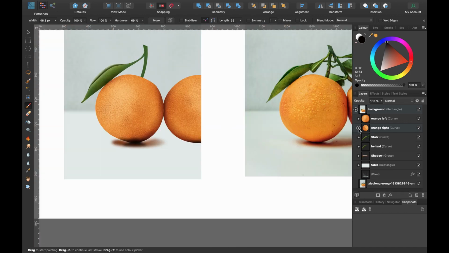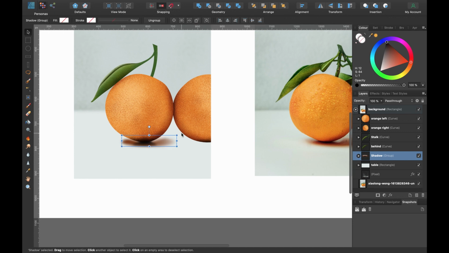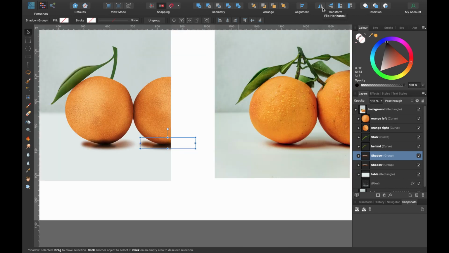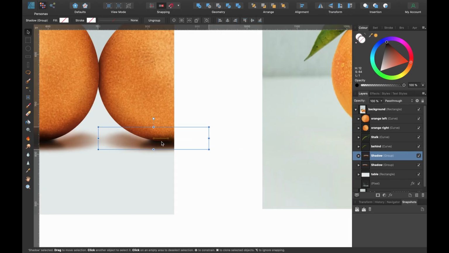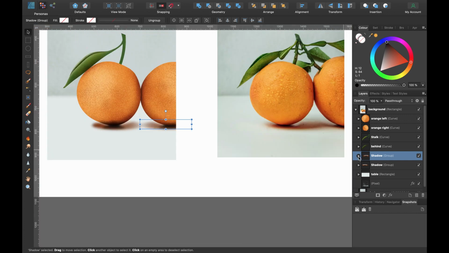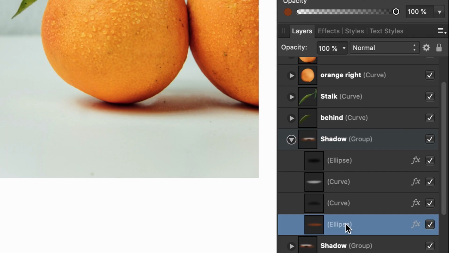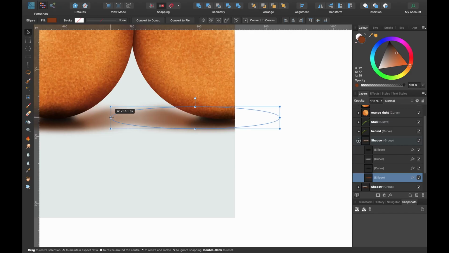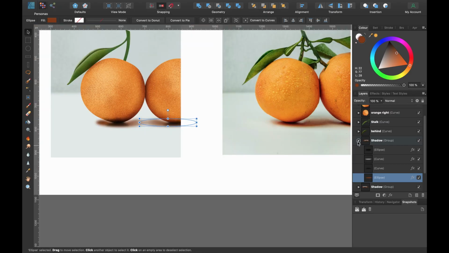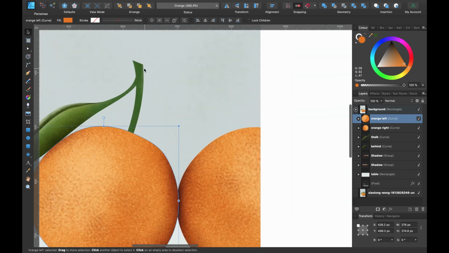Let's duplicate the shadow. So we'll click on shadow, click on the move tool, V, so we can see what it is selecting, and we will press Command J to duplicate that, and I'll just drag it out whilst holding shift so it stays in a straight line. Drag it to around about there. I'm going to reverse this, so I'm going to go up to the transform tools and click on flip horizontally. I'm going to push it out like that. I will open up the shadow layer and I'll click on our base shape. I'll just bring that out so it meets up with the other shadow. Okay, that's done.